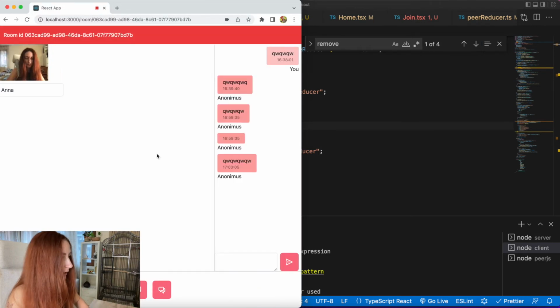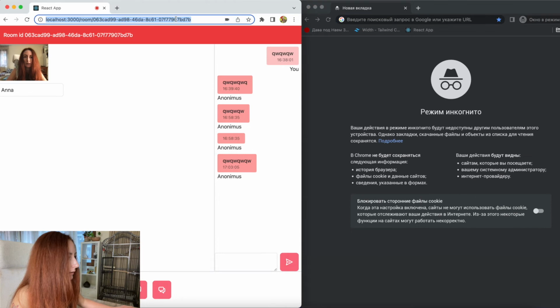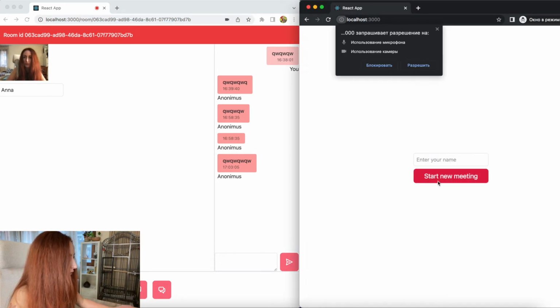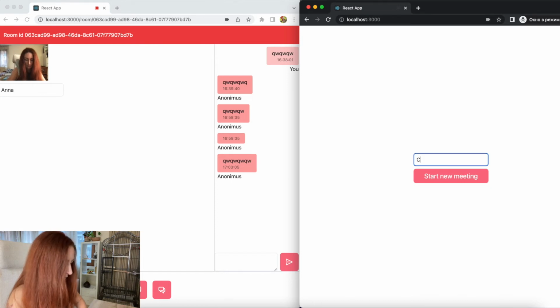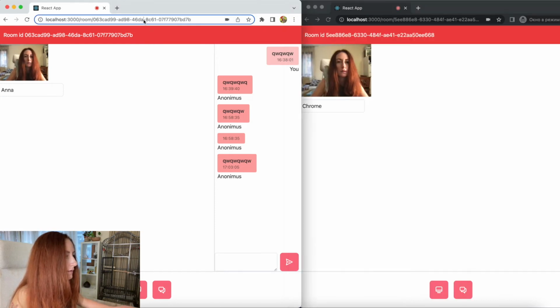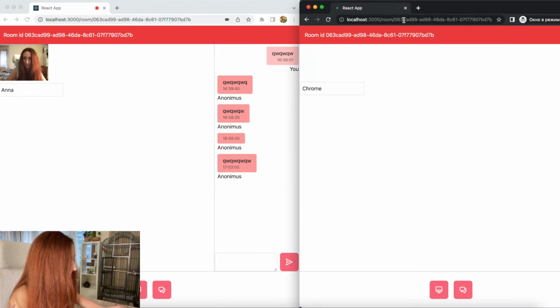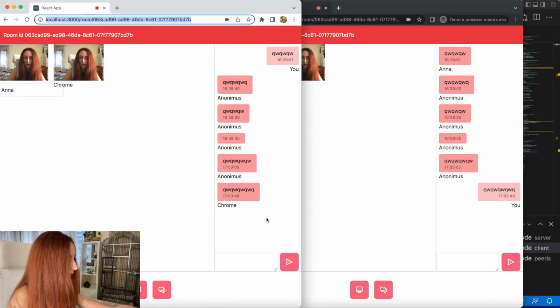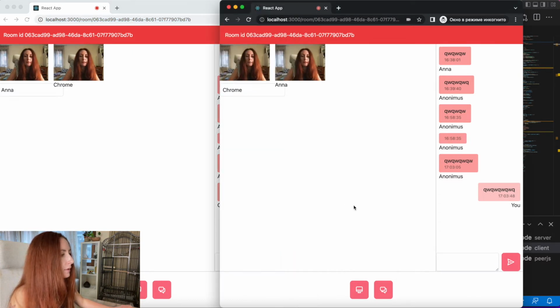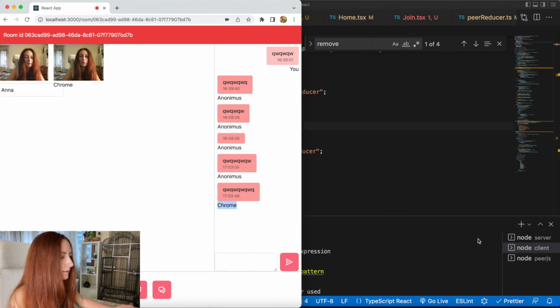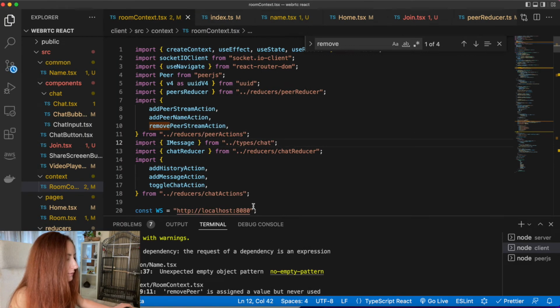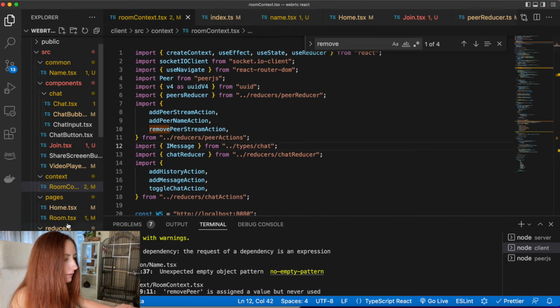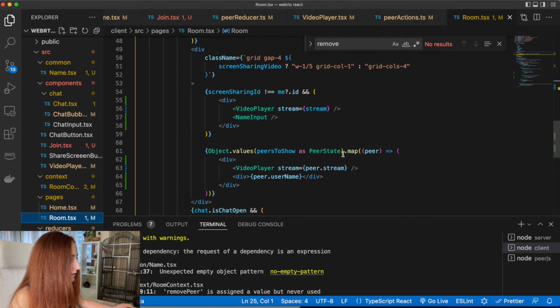Okay, let's test it. Let's open another tab and open localhost to give it a name. And let's copy our link to the room. And we will write something. And you can see we have a name, Chrome name. Now we close the tab, and this doesn't become anonymous. But you can see this is frozen because we need to delete our video from our room if there is no stream. But it's easy, we can just filter it here